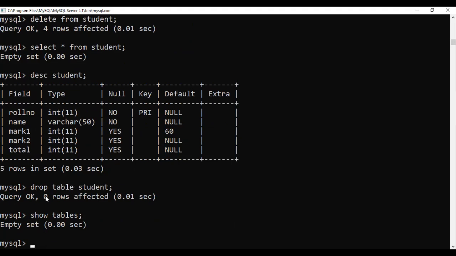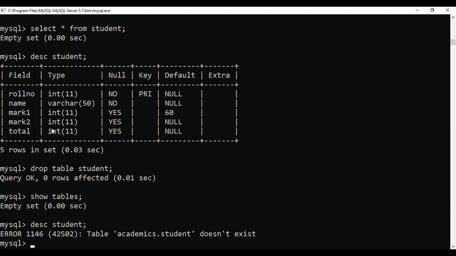When I use DROP TABLE, the structure also will be deleted. If I say DESC student, it is not there. So with DELETE the structure will not be gone, but with DROP TABLE the structure will be gone.